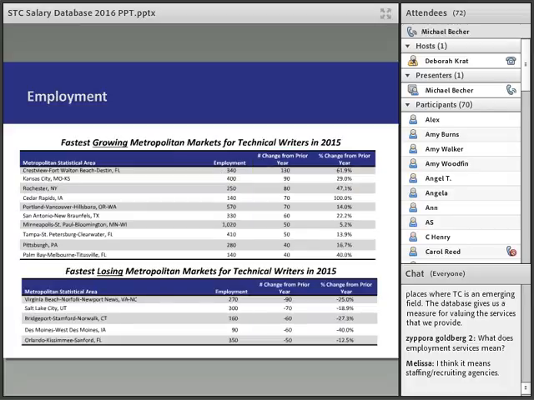So now looking at metro markets, this is that more granular level. Again, we want to do the same thing, look at the number change from one year to the next versus the total employment count. With any sort of MSAs, it should be noted that these get redefined from year to year. It used to be they would just have an MSA level and that would stay consistent from one year to the next.